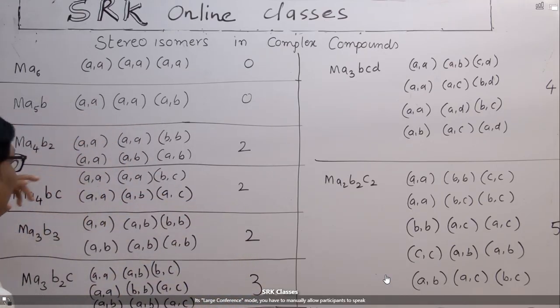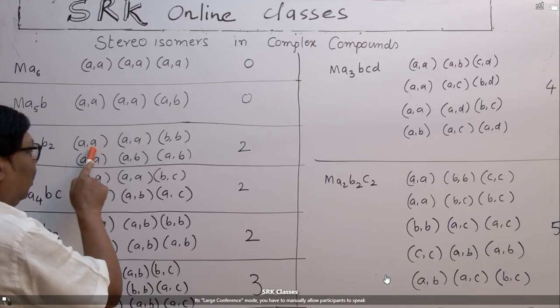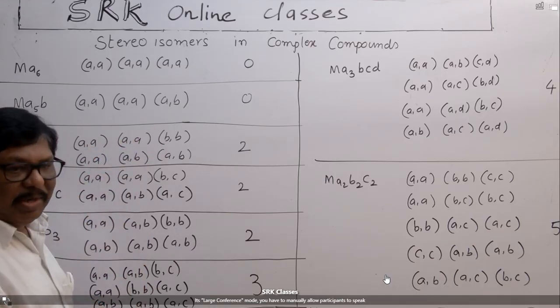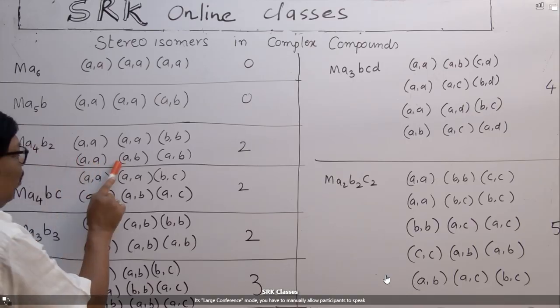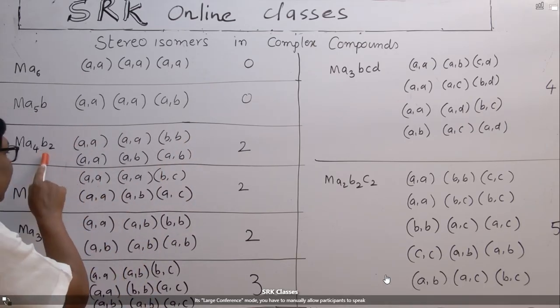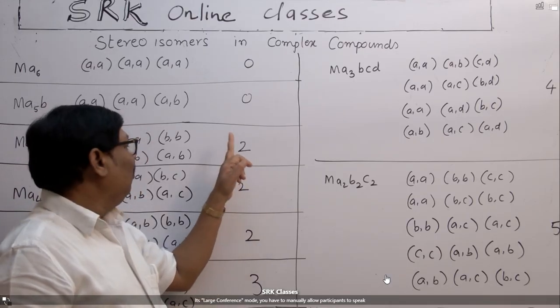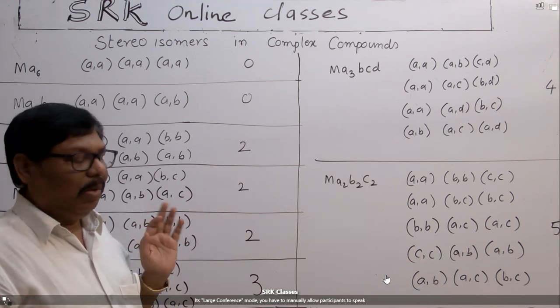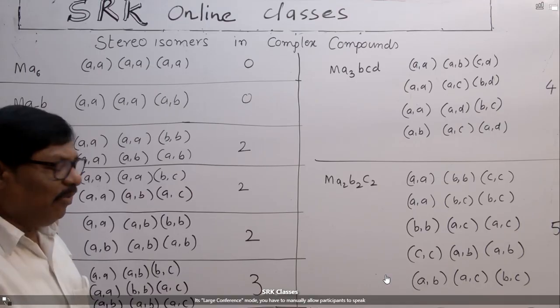Now look at the third one. What is the formula of the third one? Ma4B2. With this molecular formula, there are two possibilities. Look at the first one, AA, AA and BB. One possibility. What is the other one? AA is constant. Another two A's are there, AB and AB. Now, these are the two possibilities. That means with this molecular formula, there are two geometrical isomers. That's why I have given two geometrical isomers. One is the cis compound, the second one is the trans compound. Wherever you write the trans compound, similar groups must be in opposite directions with the bond angle of 180.